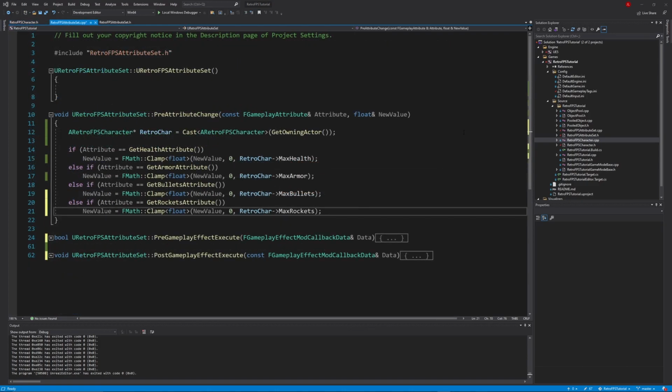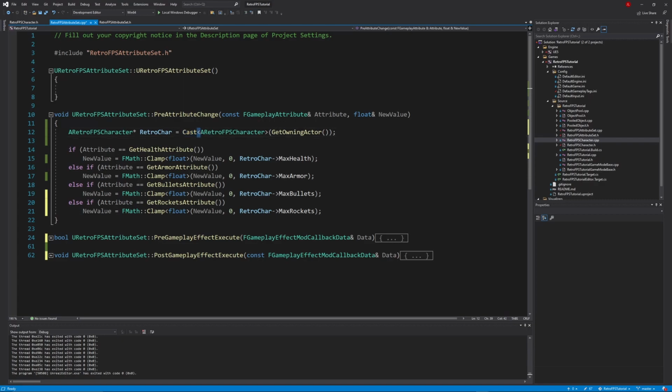Now over in the Retro FPS attribute set CPP file, we're going to go through all the changes that I made. In the PreAttributeChange function, the first thing I'm doing is creating a temporary variable of the type Retro FPS character, and I made sure to put that asterisk there, and I called it RetroChar, and I say that is equal to Cast of Retro FPS character in these brackets here.